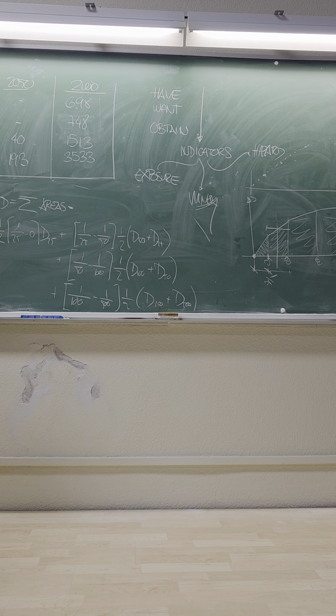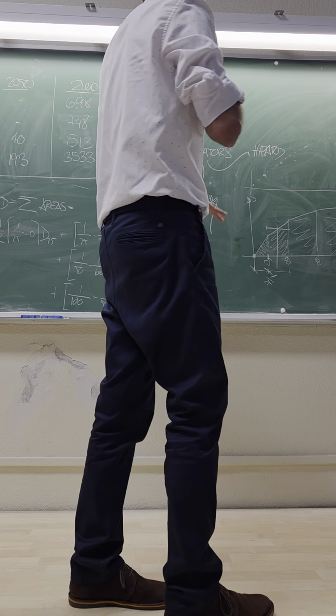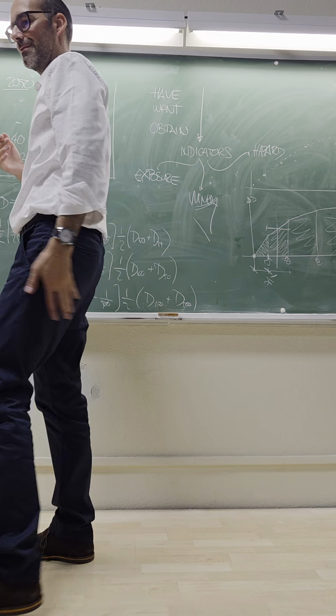So maybe you can make your mental map, or you can draw it and say, okay, for exposure I have this, and I can obtain an indicator based on this. For vulnerability, I don't know what I have. For the hazard, I have this, but I would like to introduce this and produce this. Okay? And to make this more interesting,